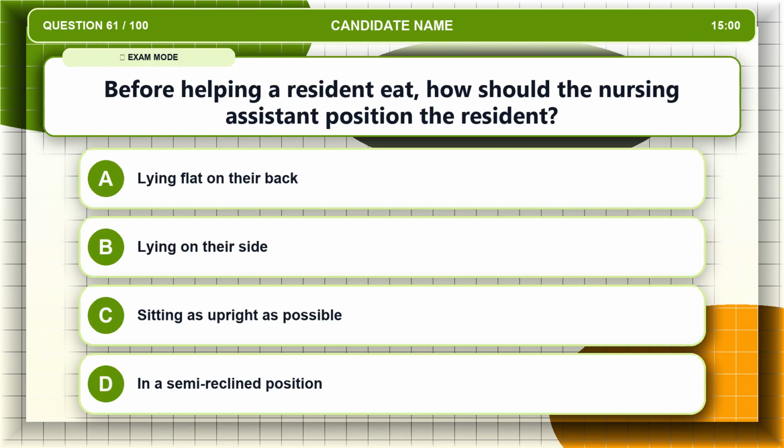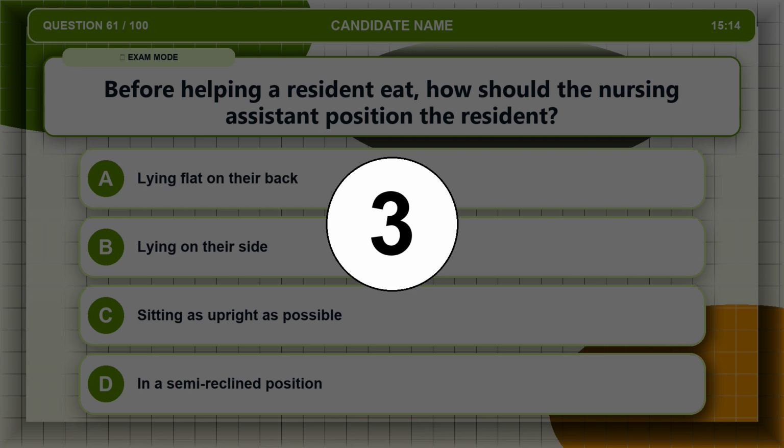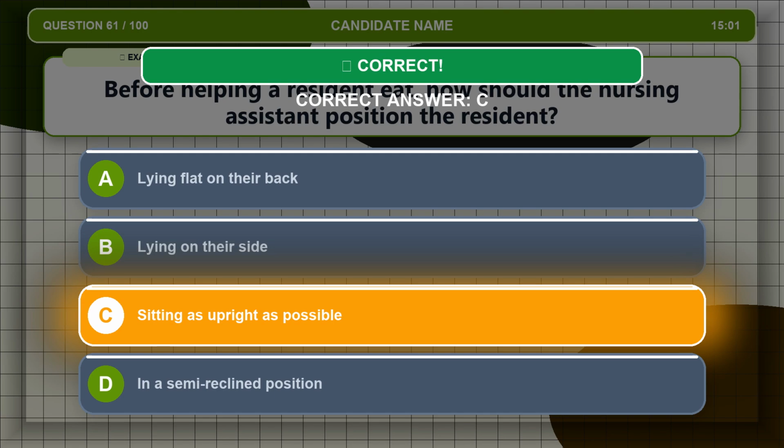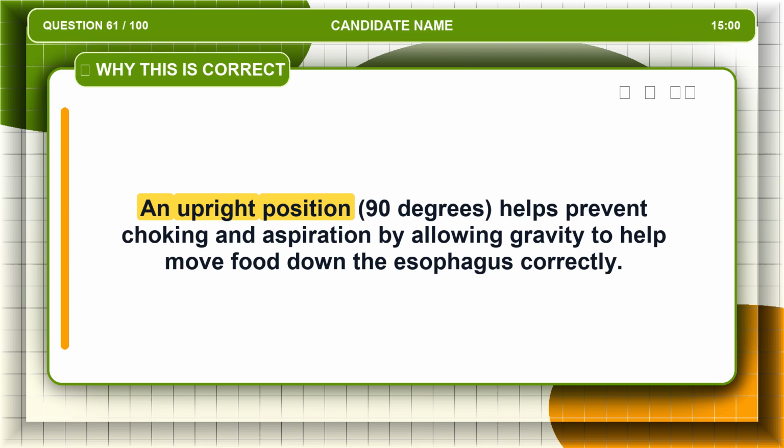Question 61. Before helping a resident eat, how should the nursing assistant position the resident? Option A, lying flat on their back, option B, lying on their side, option C, sitting as upright as possible, option D, in a semi-reclined position. The correct answer is option C, sitting as upright as possible. An upright position, 90 degrees, helps prevent choking and aspiration by allowing gravity to help move food down the esophagus